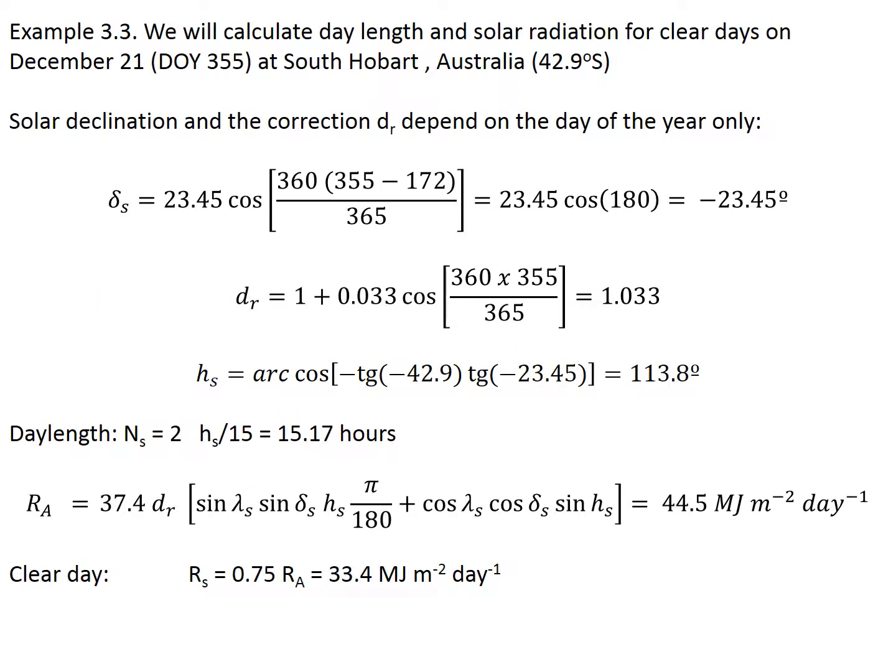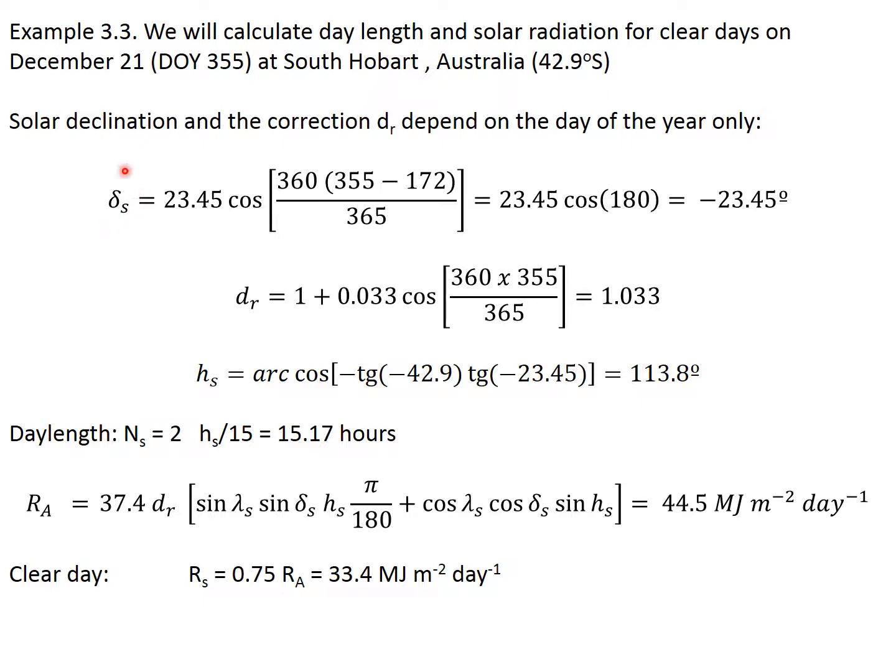For instance, we will calculate day length and solar radiation for clear days on December 21st, which is day of year 355, at South Hobart, Australia, which is 42.9 degrees to the south. Solar declination and the correction dr depend on the day of the year only. So applying the equation first